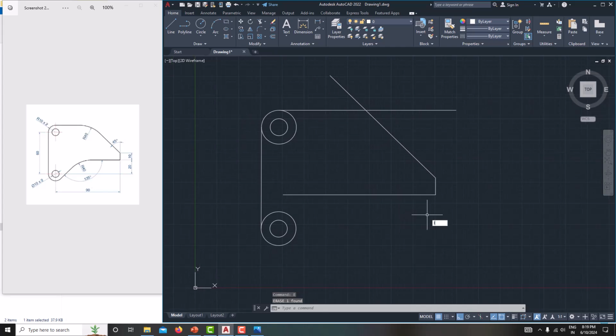Now just take a line. L, enter. And tangent, just TAN, enter. Now you can select the tangent line. But here you can see we cannot specify the angle, but we need to specify the angle, and that cannot be done using this method. Just go back, escape. Now simply create a line